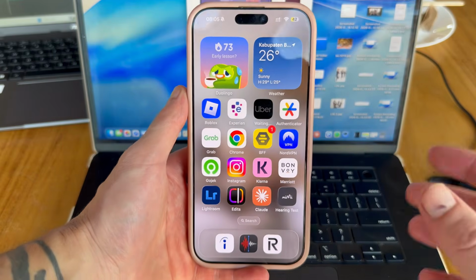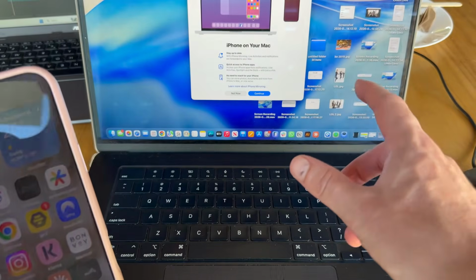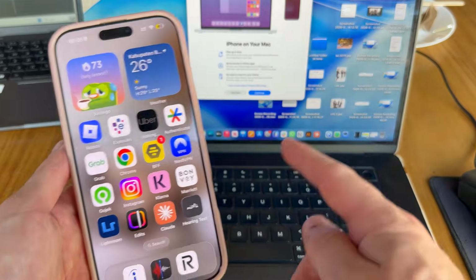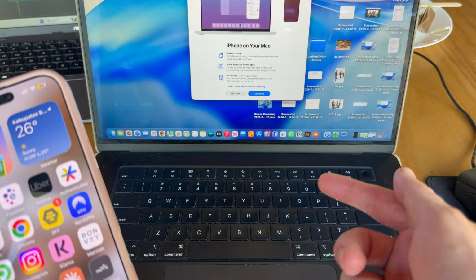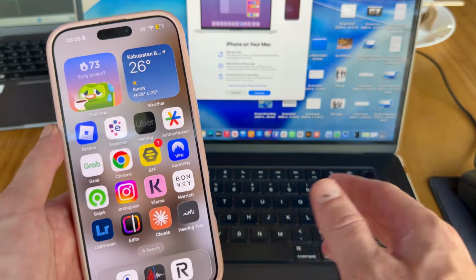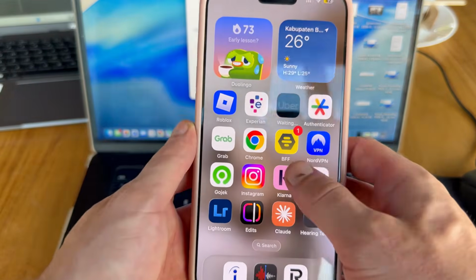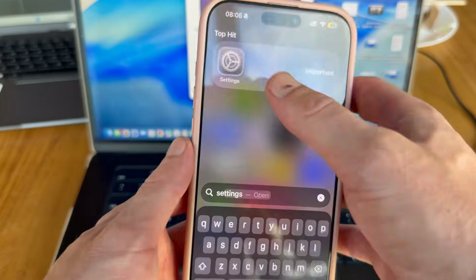How to fix iPhone mirroring is not working on your Mac computer. So if you're trying to mirror your iPhone over to your Mac and it's not connecting, then I'm going to show you a couple of ways on how to solve this issue. So the first thing we're going to do is just head over to your iPhone like so,